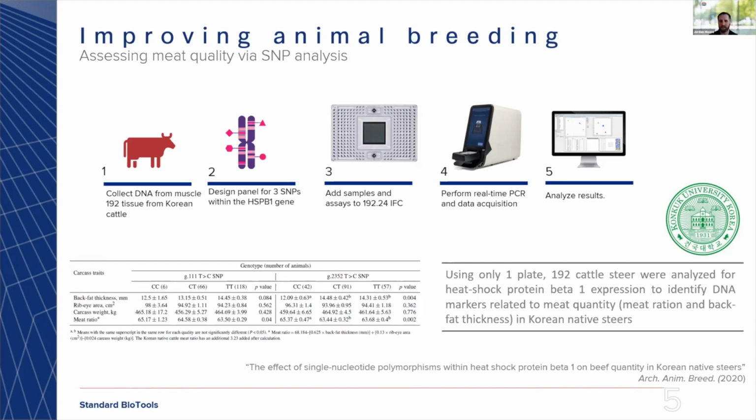And these types of studies are very easy to implement. Really, what takes the most time is collecting your samples from the animals themselves. Some of these studies, just to give you a note, are done on our previous real-time platforms, which have a multi-step approach. But the exact same, literally exact same IFCs and chemistries can now be run on the X9 system, which is much smaller and much more automated. So there's even less intervention from the individual technicians.